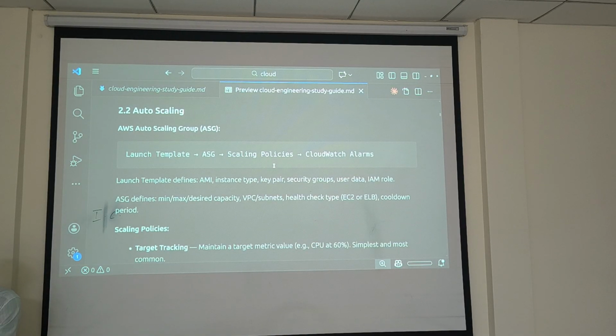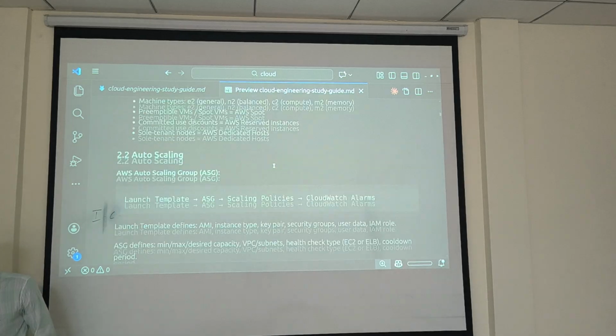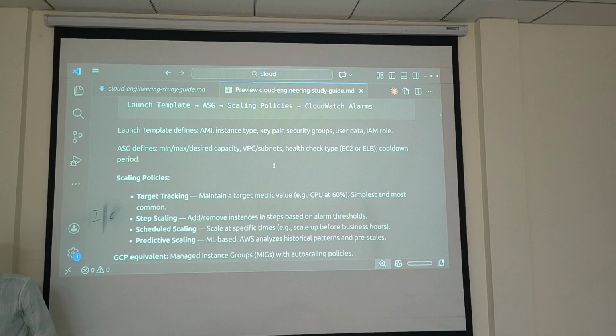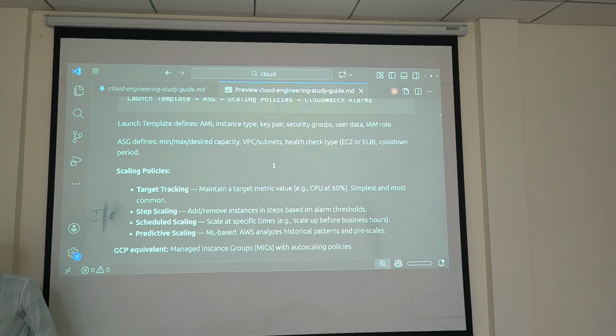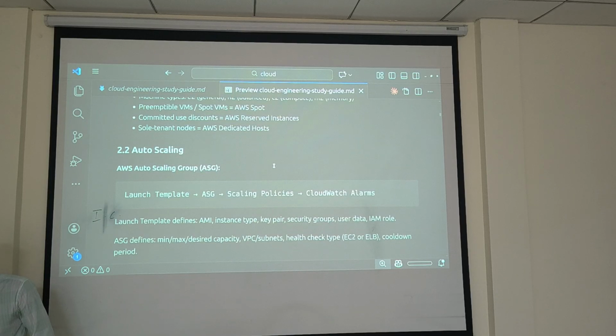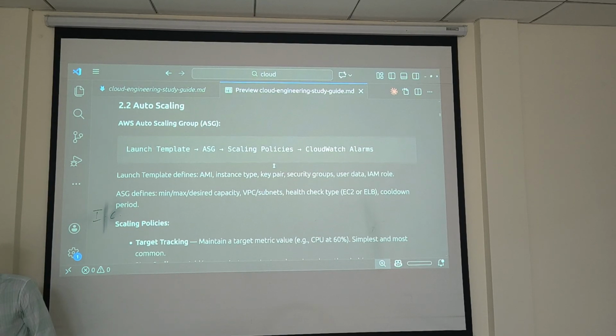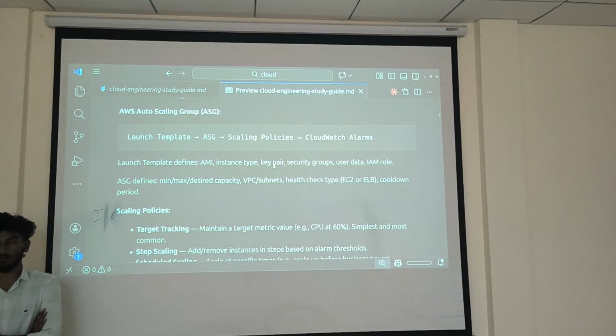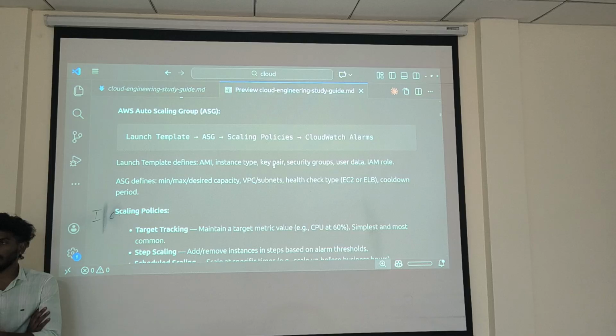Next one is auto scaling. Auto scaling is nothing but, let's come to some CI/CD as well.